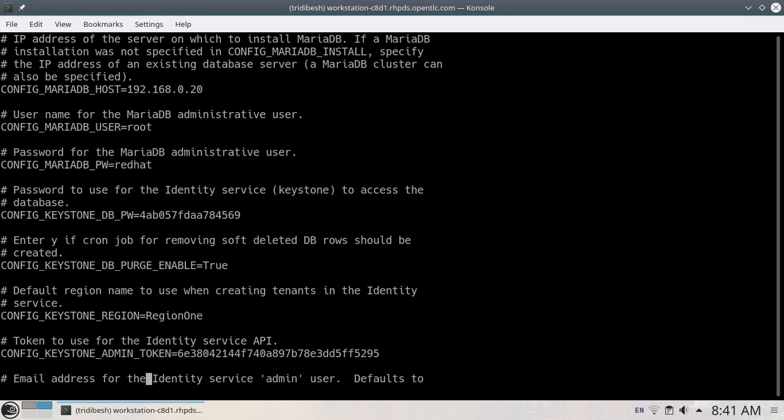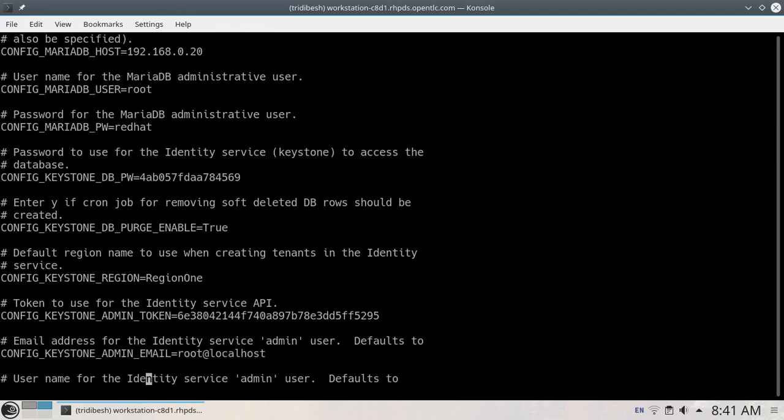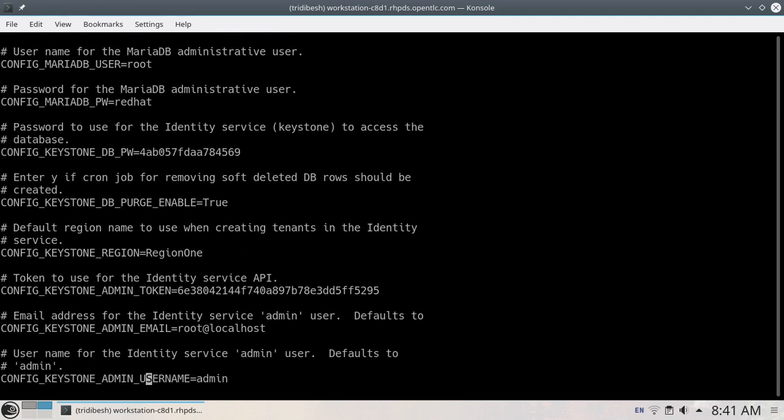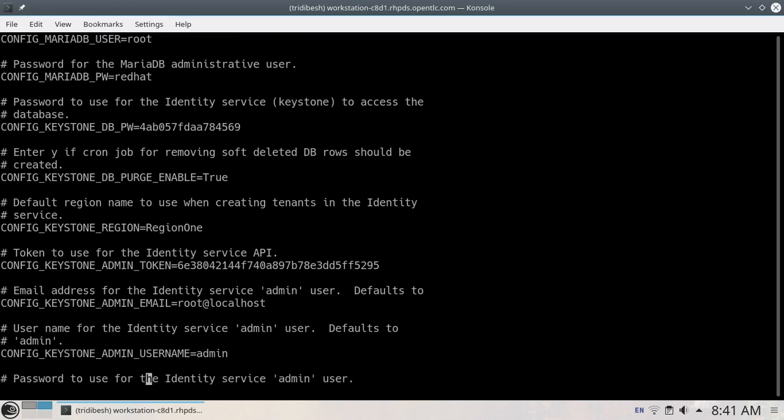One more thing, default region name. You can create a separate region here, like suppose you are doing it for Europe, you put Europe, whatever is easy for you. We are just keeping it default. Then the username, you can change your keystone admin username. Let me put something separate, let me put TrichTech.